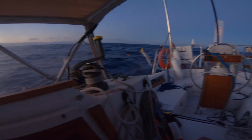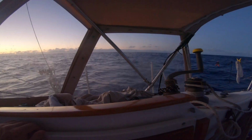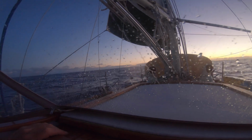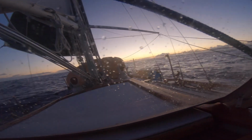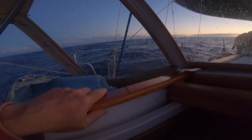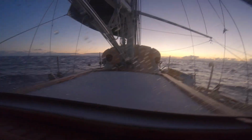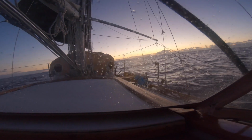Even he's happy to be underway after 2.5 days of bobbing around. It was very frustrating. However, we knew it wasn't going to last forever. We just had to wait. And I'm learning patience. And the boat could sure use a rainstorm. There's salt crystals everywhere. Everything you touch is greasy and grainy. You go and handle some ropes, you can see the salt falling off them. Everything's feeling crusty. But I don't know if we're going to get rain before Hilo, so...